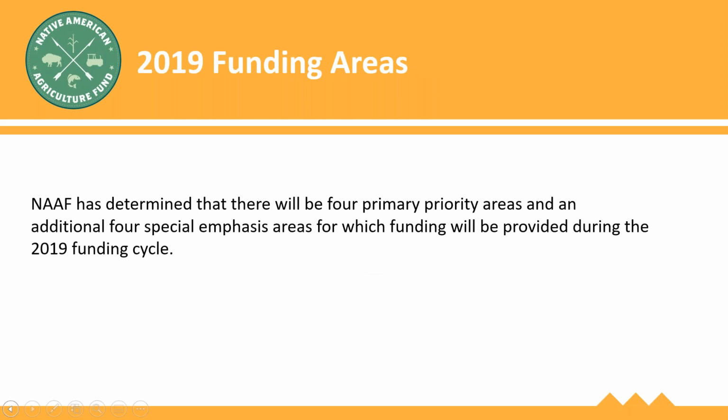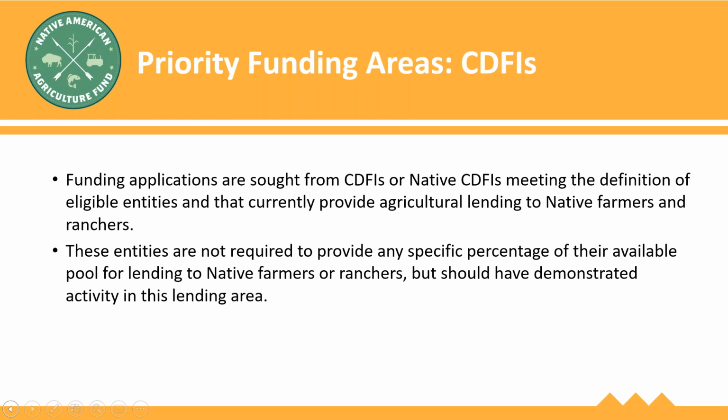More on 2019 funding areas. NAAF has determined that there will be 4 primary priority areas and an additional 4 special emphasis areas for which funding will be provided during the 2019 funding cycle. Next slide. These priority funding areas are CDFIs, and within CDFIs, funding